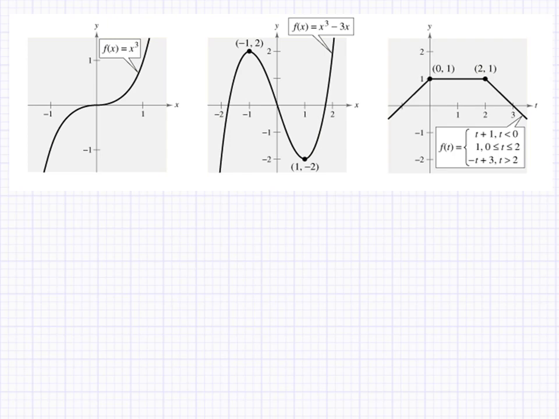So let's look at the first one, x cubed. And if you notice, this graph is going up from left to right the entire time. It's steeper in some spots than in other places, and it looks like maybe it goes horizontal right here in the middle. Okay? Now, for a split second, it does. This is going to be hard for us to do without zooming in to this center point. Also, it's a little hard for us to talk about what happens right here in the middle